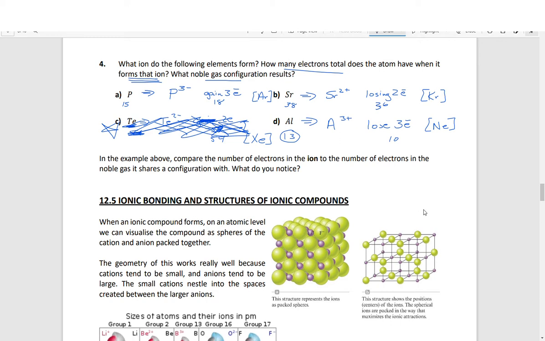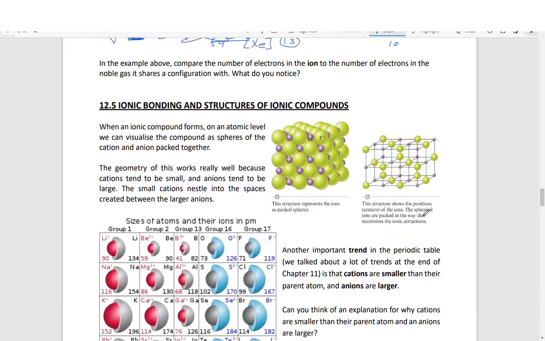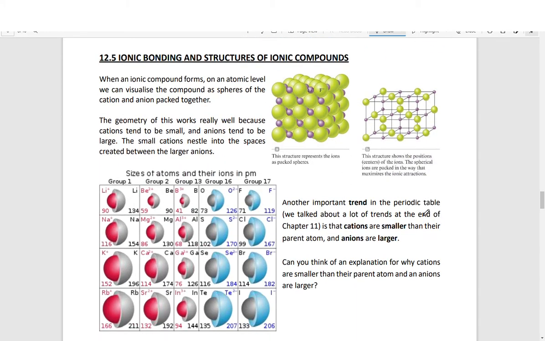So, ionic bonding and structures of ionic compounds. How all this fits together is kind of interesting to visualize. When an ionic compound forms on the atomic level, you can imagine these ions as spheres, the cations and anions packed together. The geometry works really well because cations tend to be small, so these little positive lithium ions nestle into the spaces between the larger anions. So generally, positive ions are small